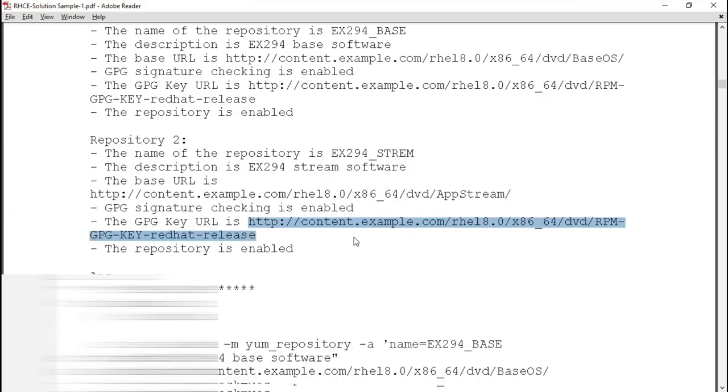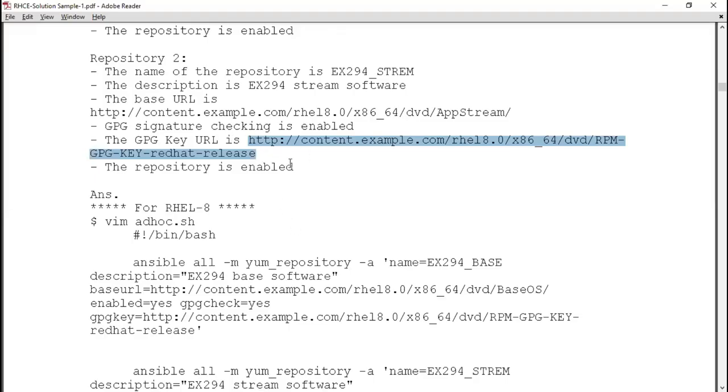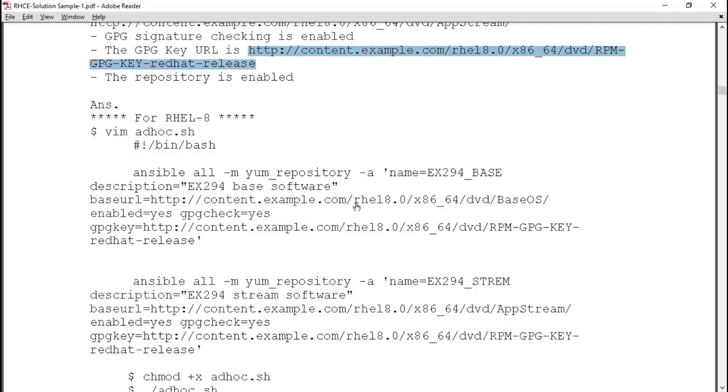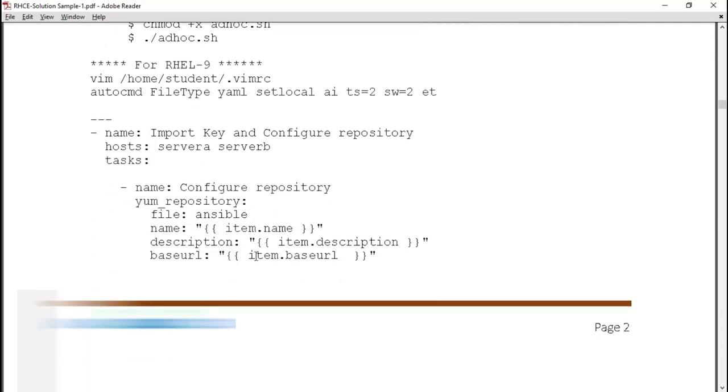If you want to do it in your case, I have these 4 machines, so you can create another machine or you can use your control node as a server also. This thing is already there in the exam. So I created this content.example.com and created all these locations and placed everything there so that I can directly demonstrate in our case.